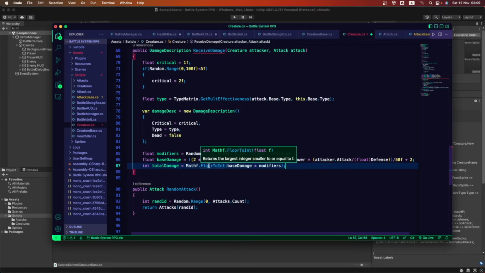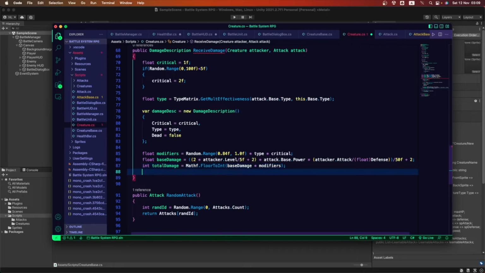FloorToInt is going to round that down to 2. If we got a 34.76, this FloorToInt method is going to round that to a 34. So that's what's happening here.